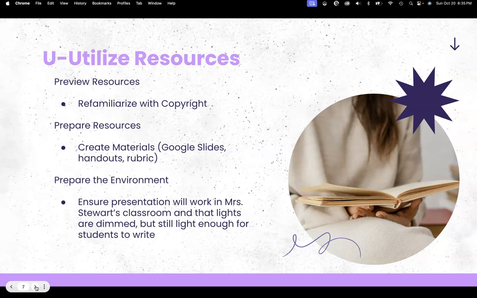So I went strictly with copyright for this, and then in my mind, there would be a follow-up lesson on how we're going to cite, walking them through citing. The resources that I needed to prepare were to create the materials, the slides, the handouts, and the rubric. And to prepare the environment, I needed to make sure the presentation would work in Mrs. Stewart's classroom. And I also needed to make sure that the lights were dimmed so that they could see the slides, but still light enough for them to write and to fill out the fill in the blank